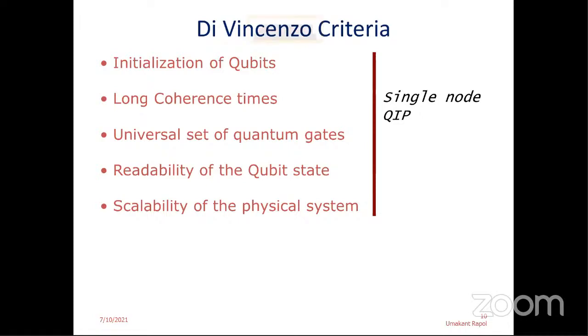Scalability is nothing but how many qubits can you put in one physical location. So like in a classical computer, like I said, you have 32 bits or 64 bits. In case of a quantum computer, you can't just increase the number of qubits indefinitely, because once you start increasing the number of qubits, then what happens is that the overall quantum mechanical state, the collective state of the qubits, say if you create an entanglement of these qubits, then the fragility increases non-linearly as you increase the number of qubits in a physical system. So scalability is a big issue.